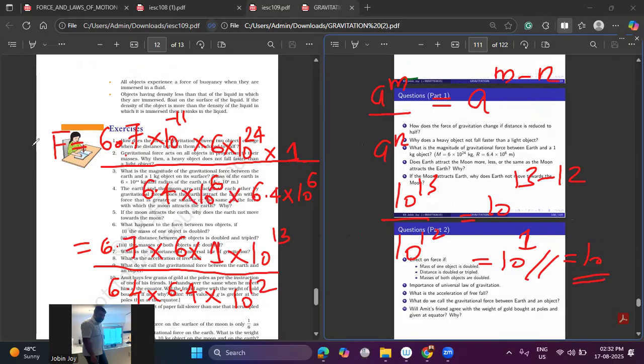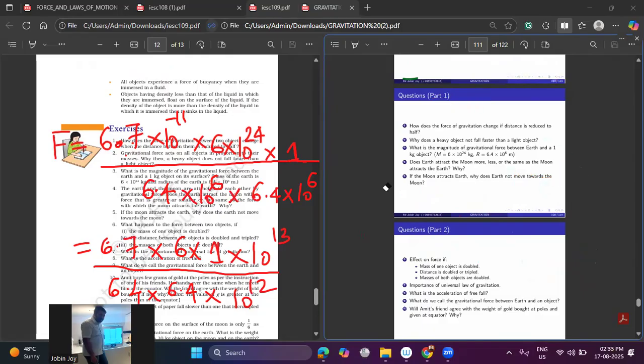So you can write F is equal to 6.7 into 6 into 10 divided by